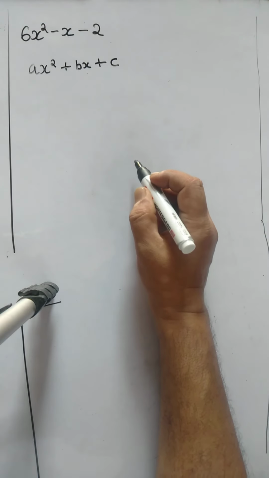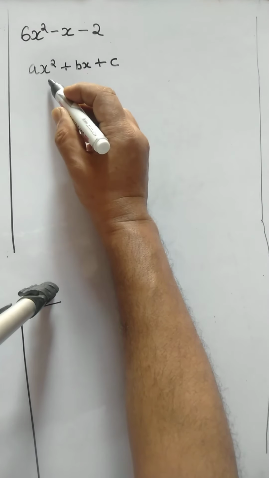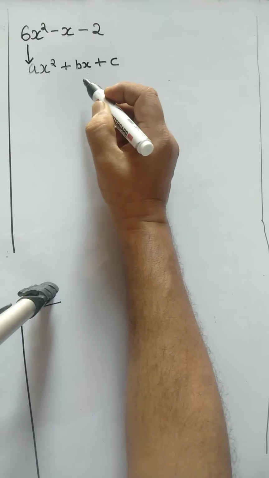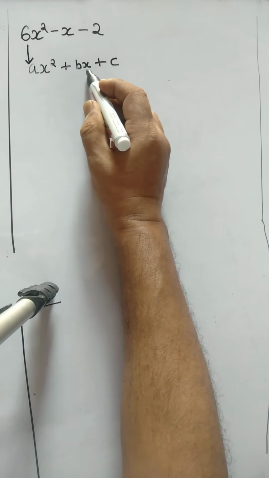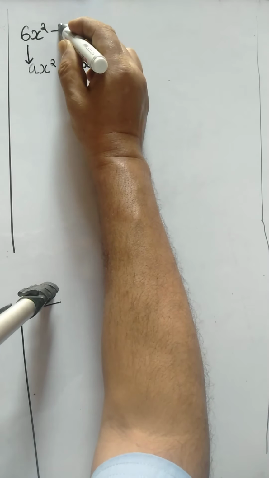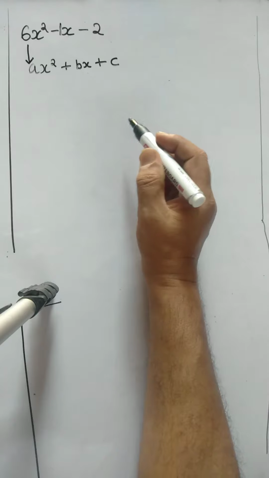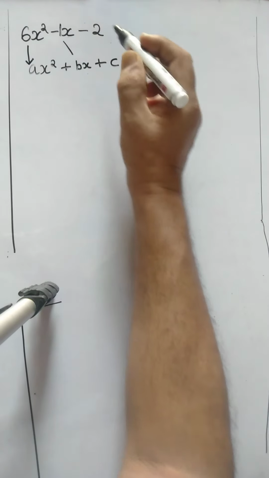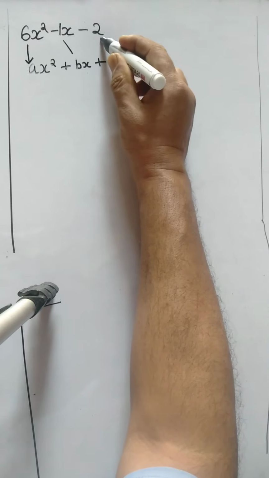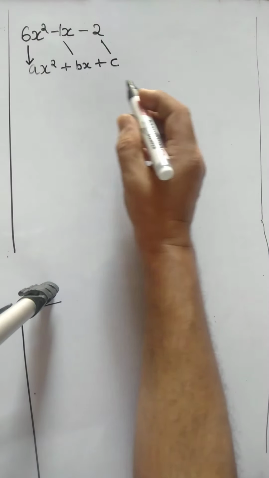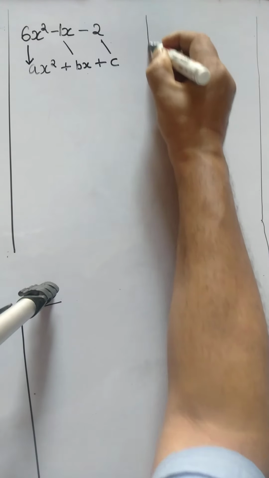And here you would notice that your coefficient of x squared, which is a, is 6. The coefficient of x, which is b, here is 1. Usually when there is no number and just x, that means it is 1. And your constant is minus 2. There is a reason to identify this, because if you were to split the middle term in a working column,